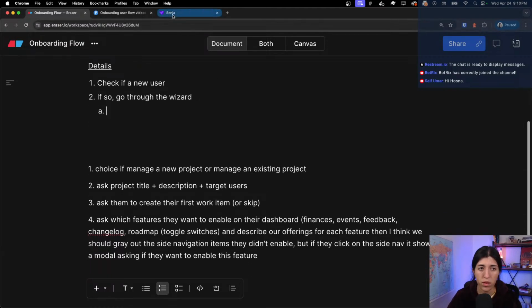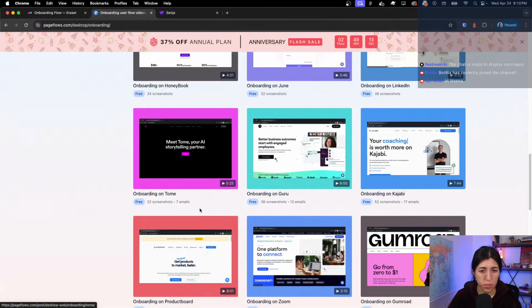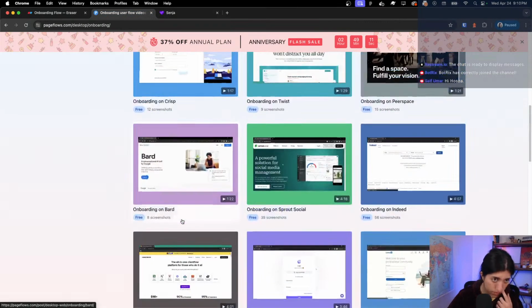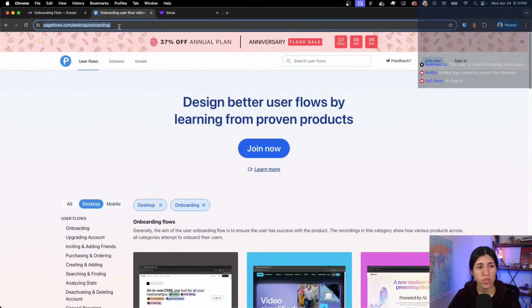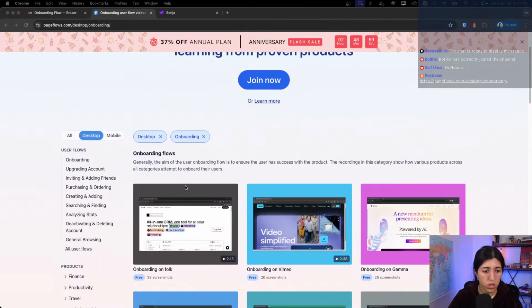So okay, what I'm already thinking right now is that instead of this, it would be like 2 boxes. I think Vercel might be a good example too. And I found this website called Page Flows. I'll share it. There's a bunch of different websites where you can see how they did their flows, and I think that's a great way to